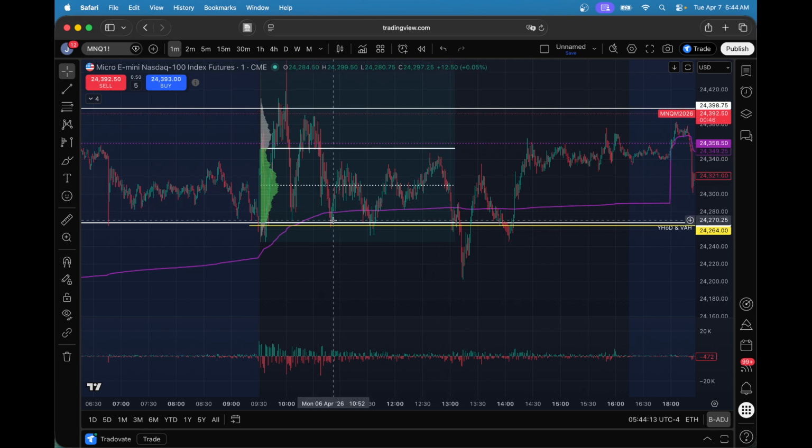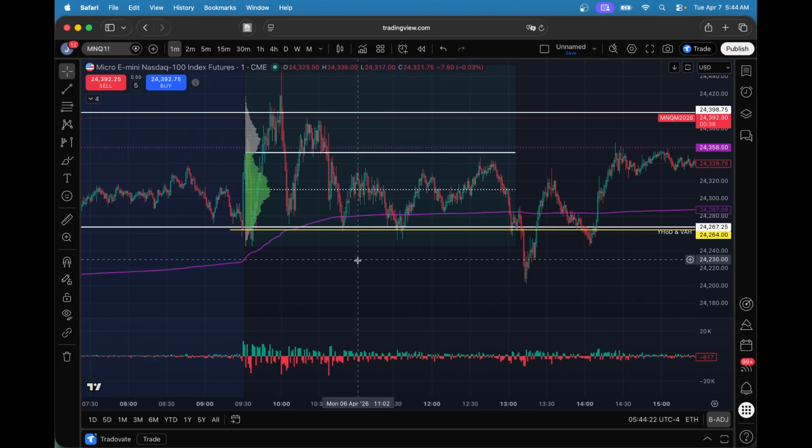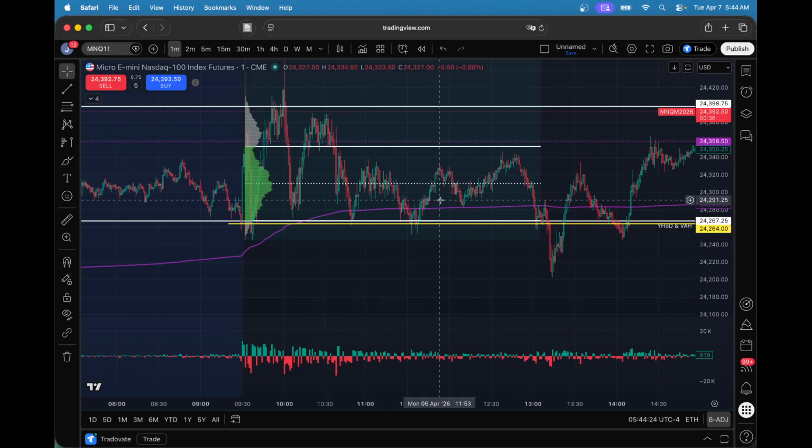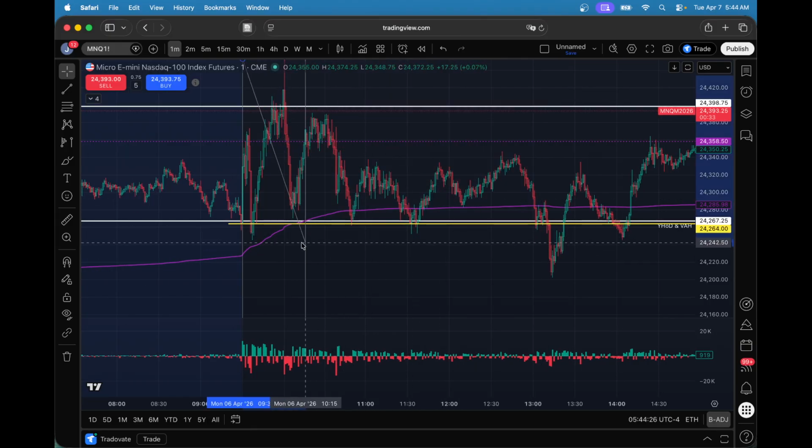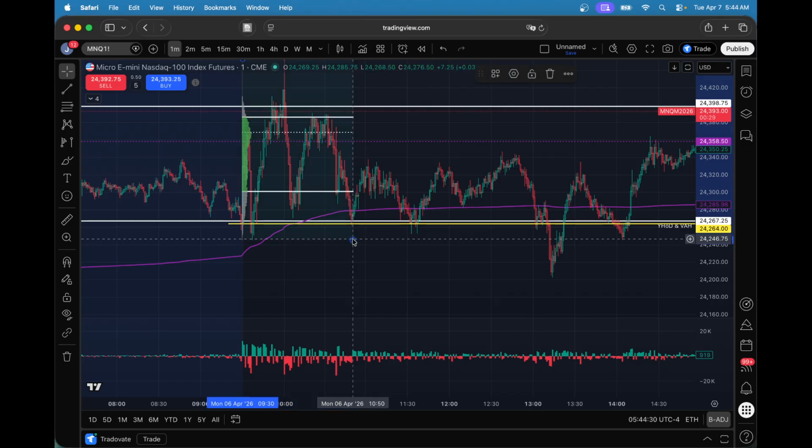So at this point, you stop buying on the highs or selling on the lows and you flip it. You buy on the lows and you sell on the highs. So if we back this up, let's say you waited till about 11. That's usually when it's going to start slowing down at this point. Here you can see